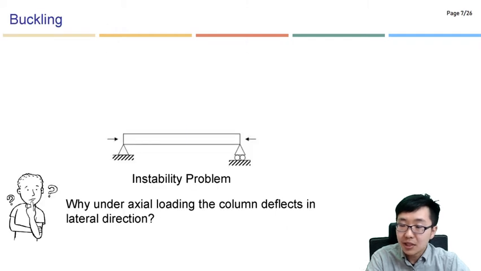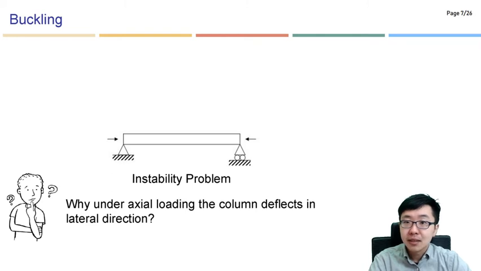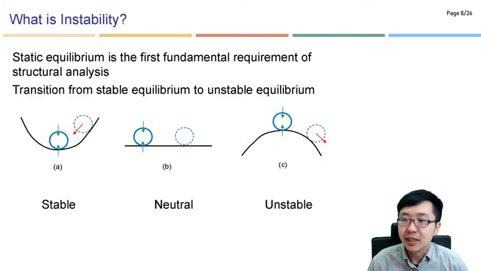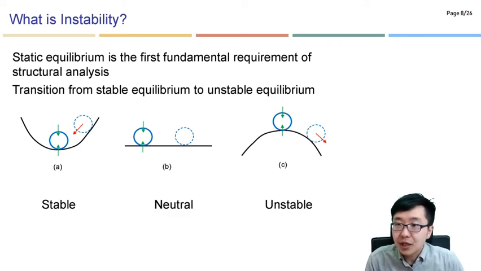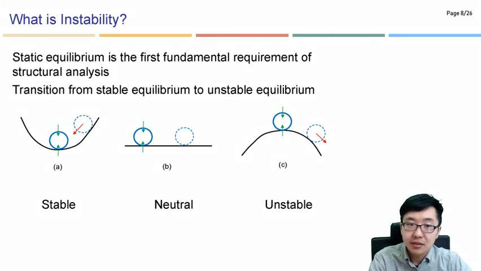So actually, we will discuss the buckling. We have defined buckling behavior by number 1, 2, 3 conditions. Instability problems will be covered by this topic. So what is instability? You can see 3 different equilibrium conditions. First, stable. Second, neutral condition, it is flat. And the third one is